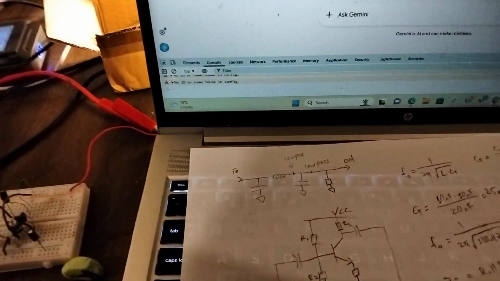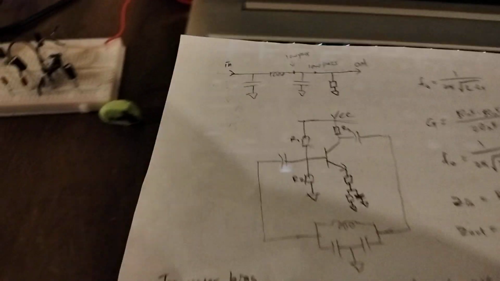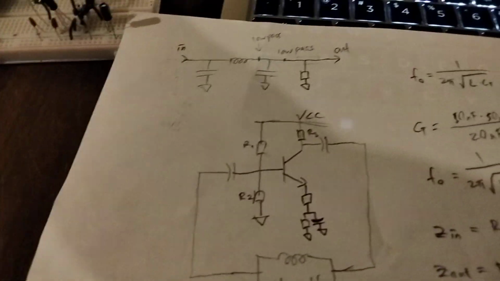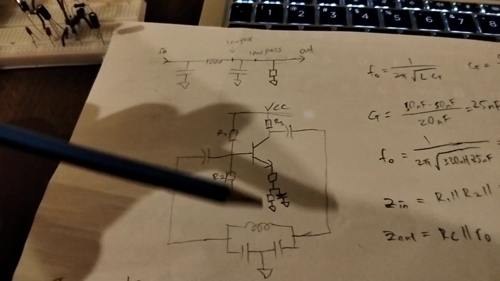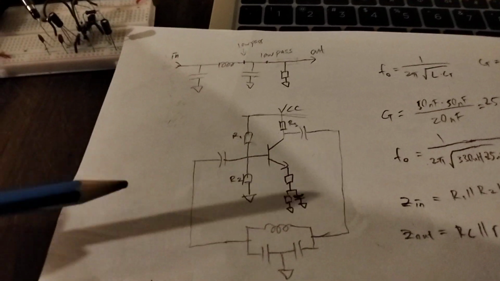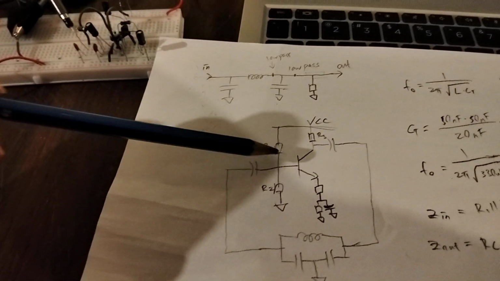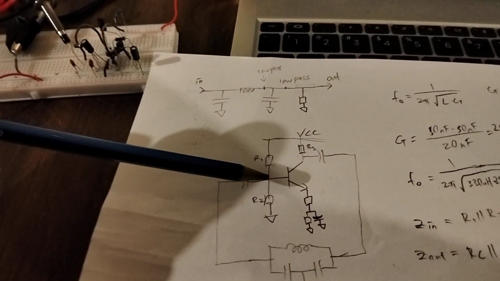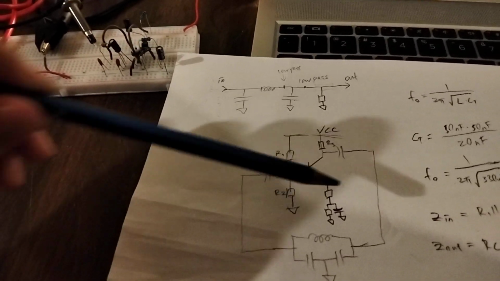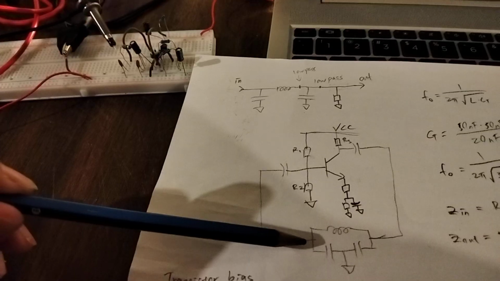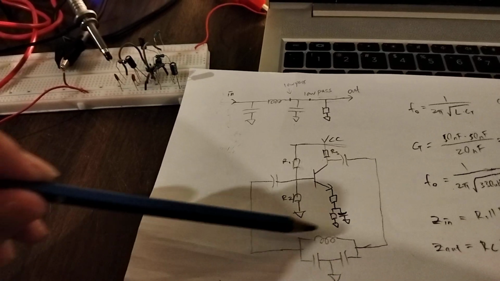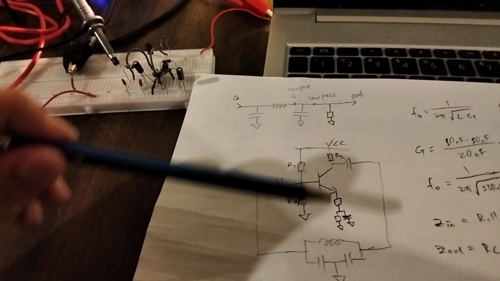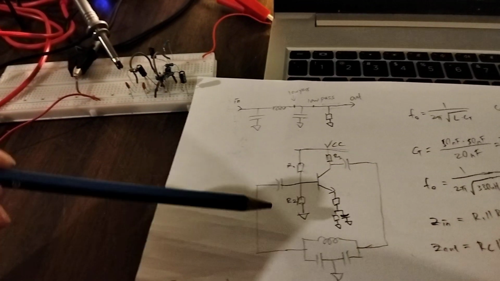So why is the Colpitts oscillator better at generating lower distortion, high frequency waves? Well, we have to understand how the Colpitts oscillator actually works first. When I first looked at this, I was like, cool, this is a common emitter amplifier, but why? The common emitter amplifier gives a negative 180 phase shift, and what is this contraption down here? How is this a bandpass filter, and why is this loop gain